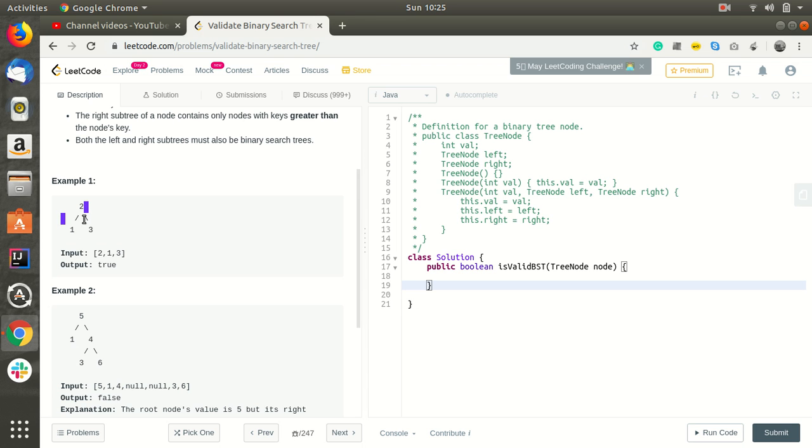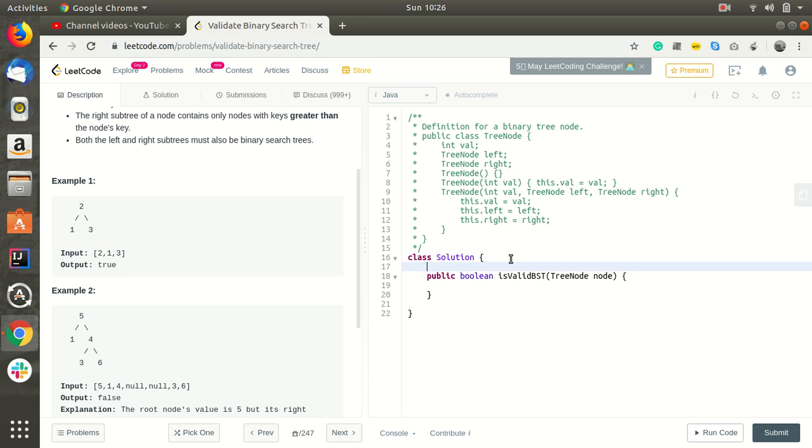Again, for 1 we will be sending 2 as the max value, so 1 cannot be greater than the max value, and the lower bound will be the min value, so 1 cannot be smaller than the min value. Again, for processing 3 we will be sending the min value equal to 2, which means 3 cannot be less than the min value. So I'll explain how to implement this.